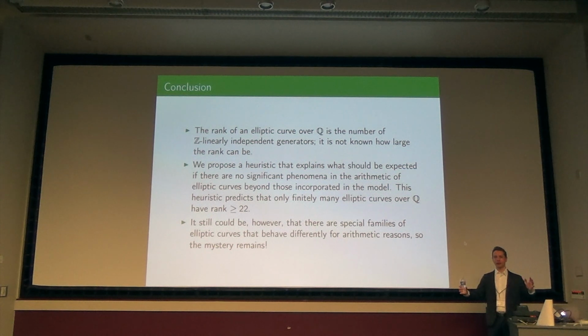And basically that's what our theorem says, is that if there's a random model that predicts this, then with probability 1, the ranks are bounded. That's a theorem that we can prove from the existence. So if truly elliptic curves look like this and there wasn't anything we missed, the only question is, which universe are we in in that multiverse? And for that reason, it's hard to tell.